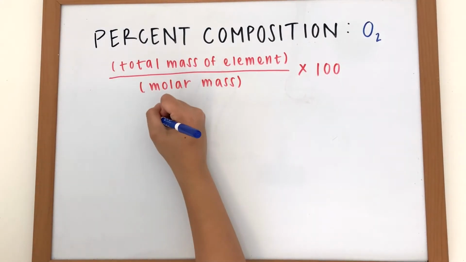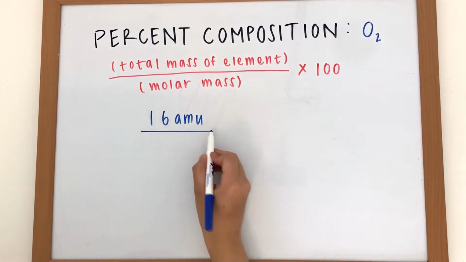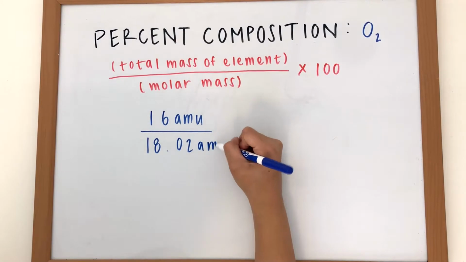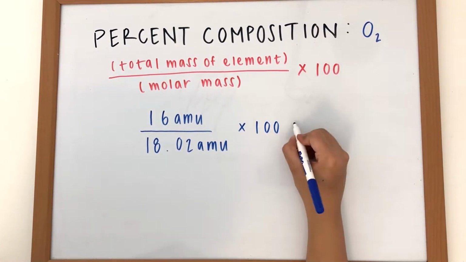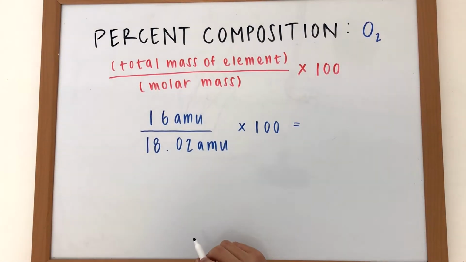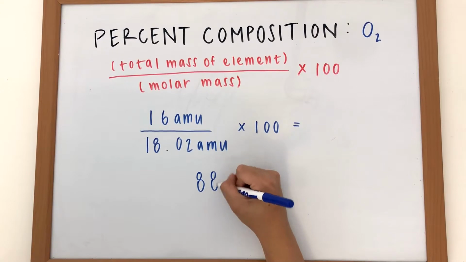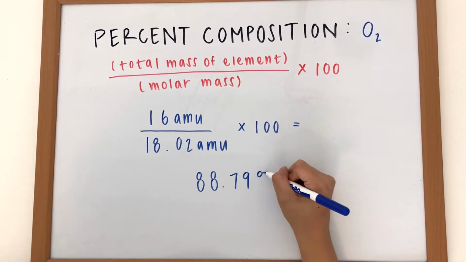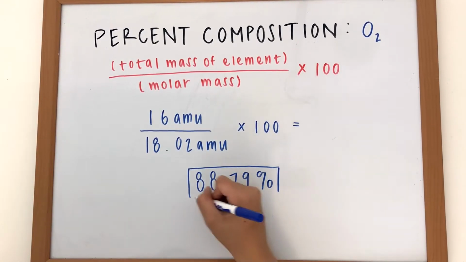Now, to find the percent composition of oxygen, we must take the total atomic mass of oxygen, which we just found, and divide it by the total mass of the molecule, which we previously calculated as 18.02 AMU. We must then multiply all of this by 100. The mass percent of oxygen is 88.79%. We must do this for every single element in the molecule, so we are going to repeat this process